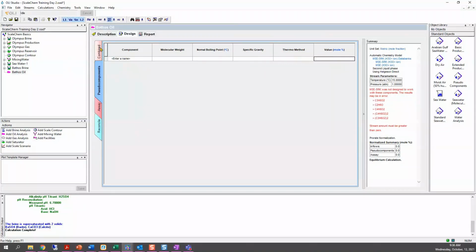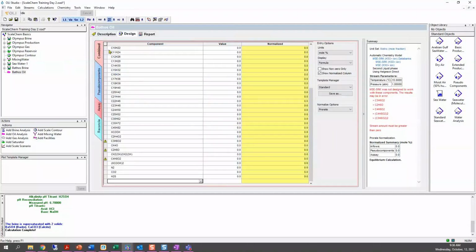There is the combined option, and in this tab is where you enter pure components. In this list, for example, you are seeing only alkanes, such as methane, ethane, propane. But you can also enter alkenes or alkynes, and aromatics, and you simply enter them down here.